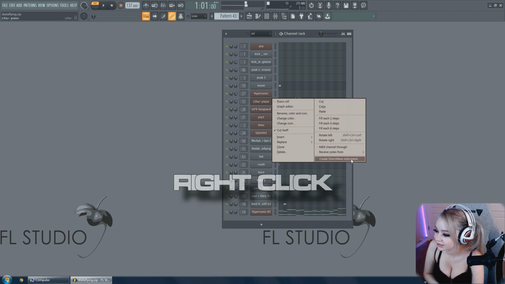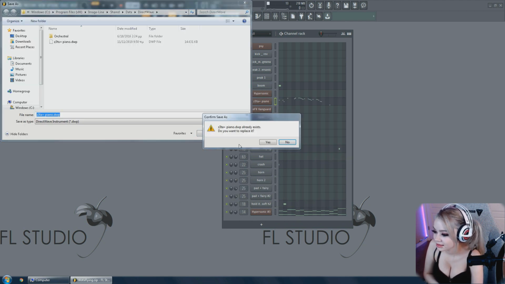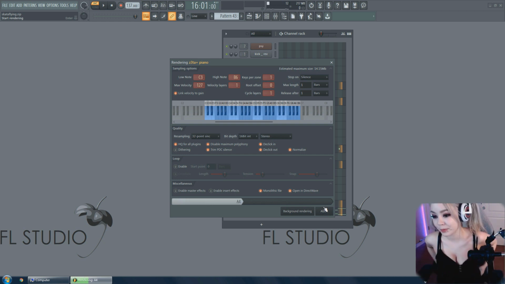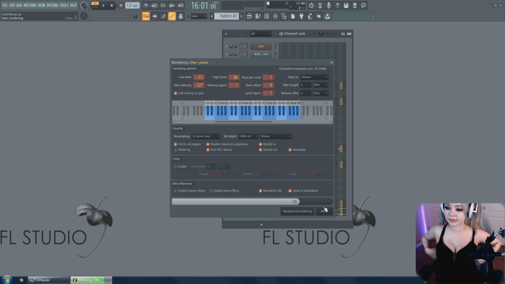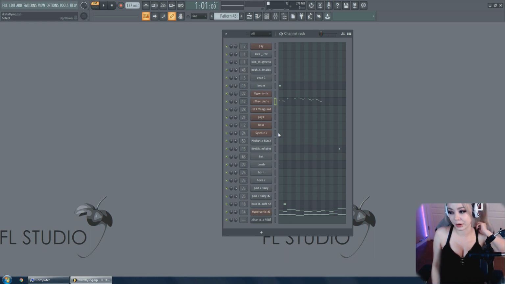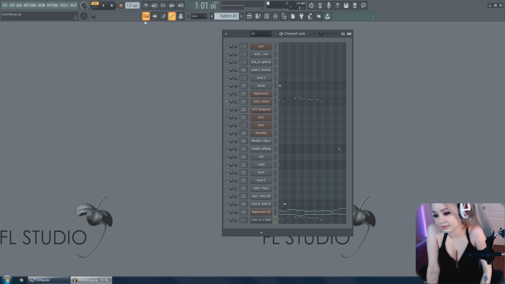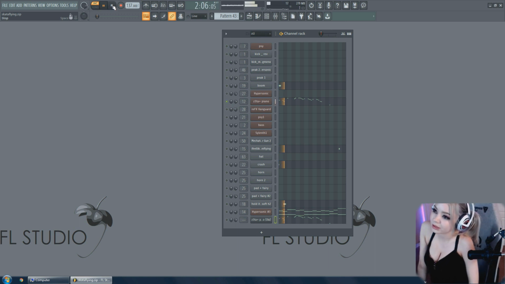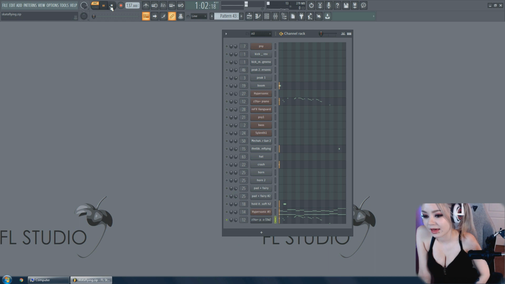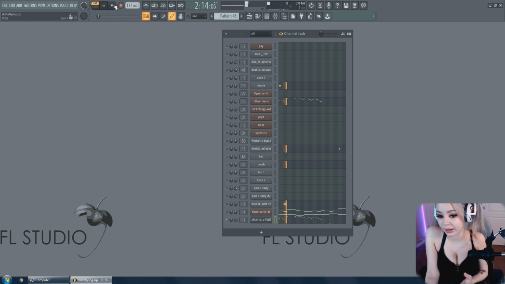Right-click on the instrument that you want to convert and create Direct Wave instrument. Set the keys per zone to 1 in order to capture all notes, otherwise some notes will be generated by pitching up or down. I left the effects outside the recording. So I re-add them here and let's listen to it. Perfectly sampled instrument.